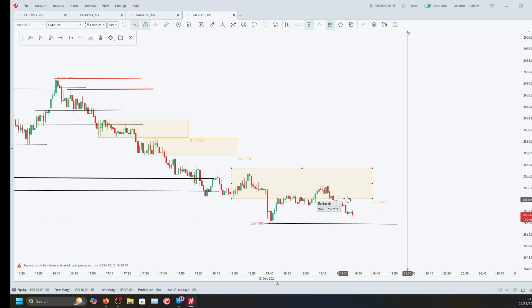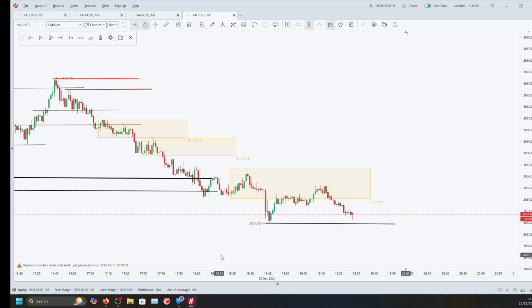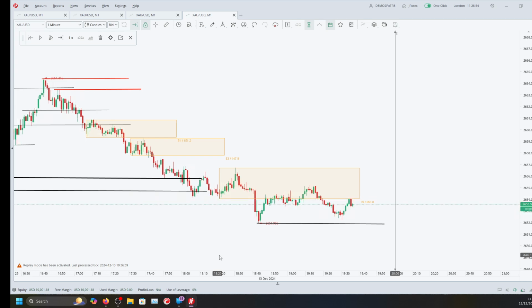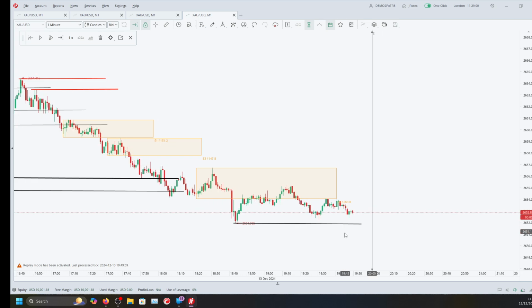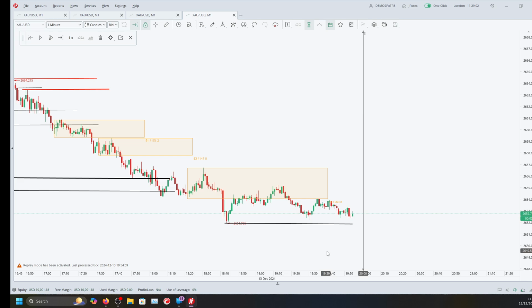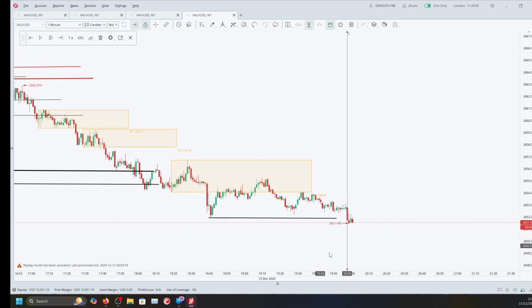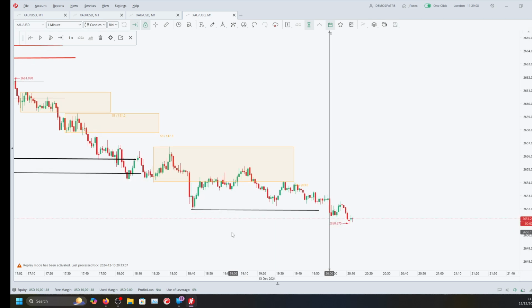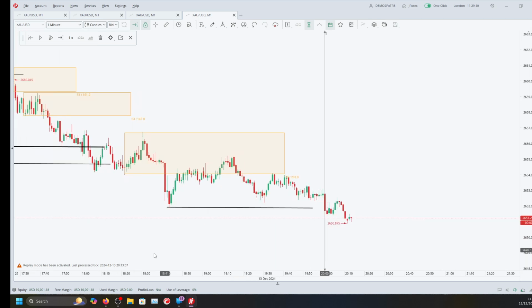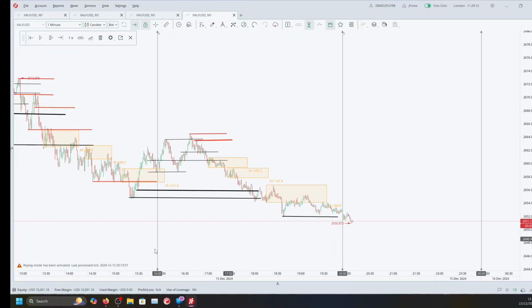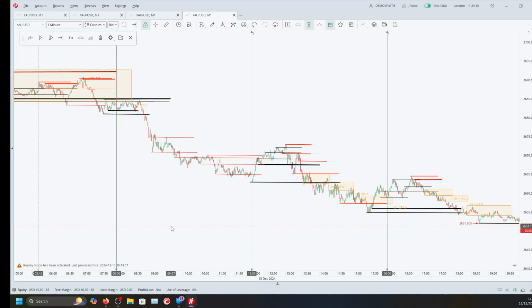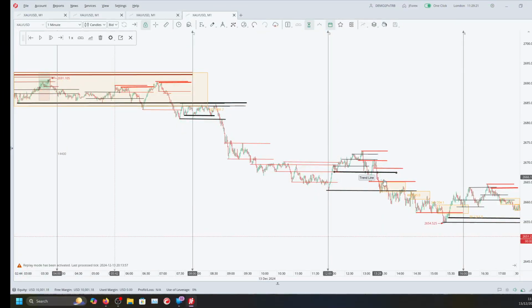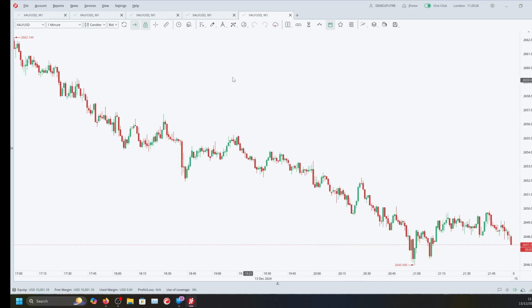See, now you want to see new lows being formed. See, that looks quite confusing, but